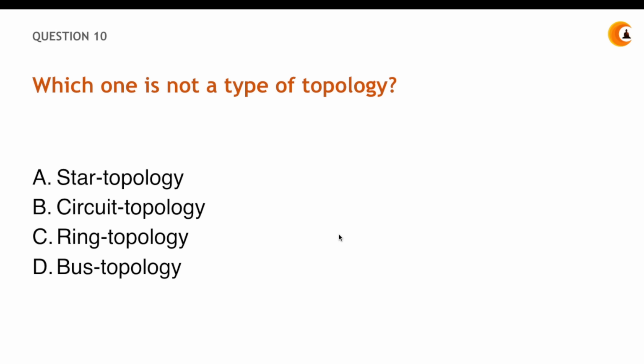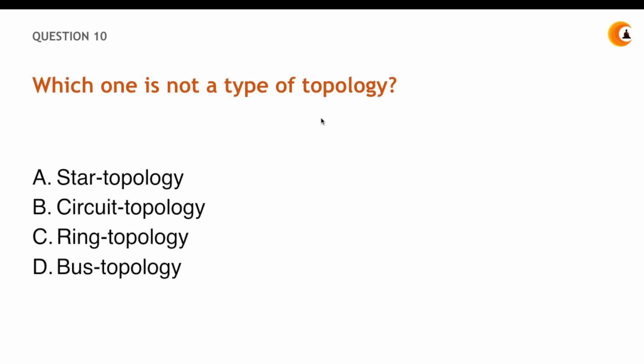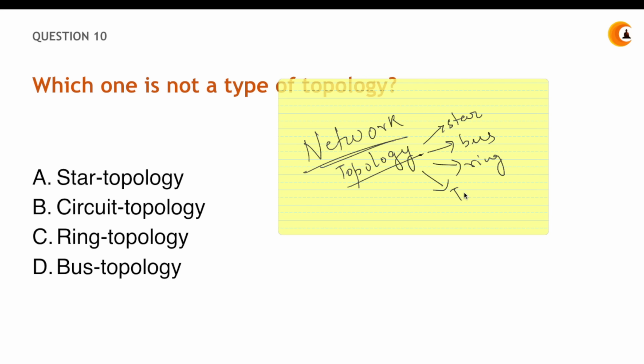Okay, so topology is basically in computer networking. So give it a try. Your 30 seconds have started. Alright, so what is basically topology? Topology is in networking. There are different variations in which a computer network could be understood. Like star is a topology, bus is a topology, ring is a topology, tree is a topology, mesh is a topology,